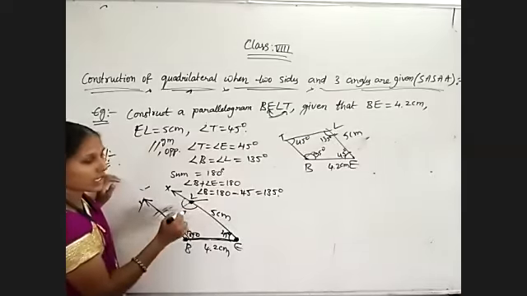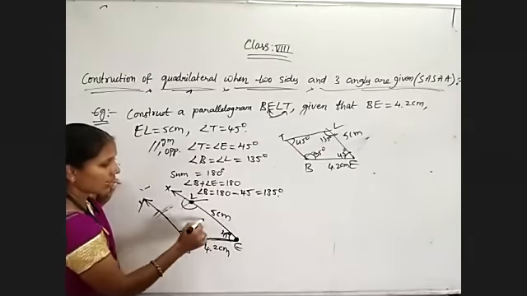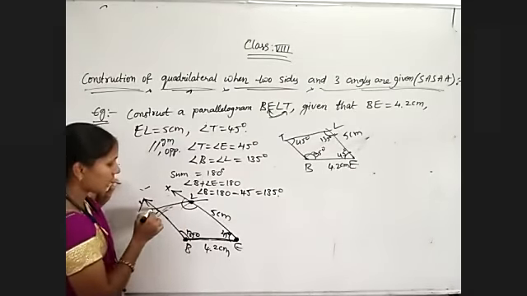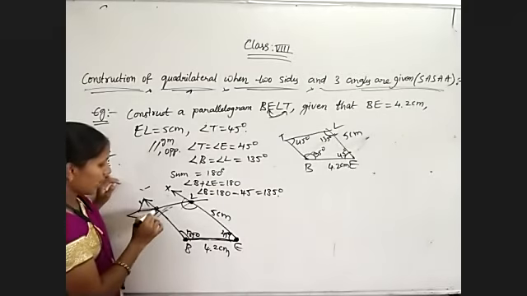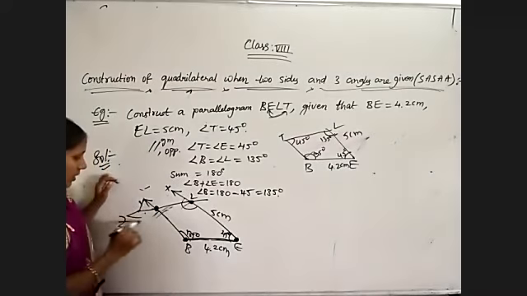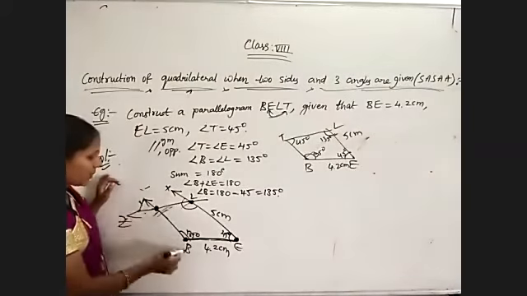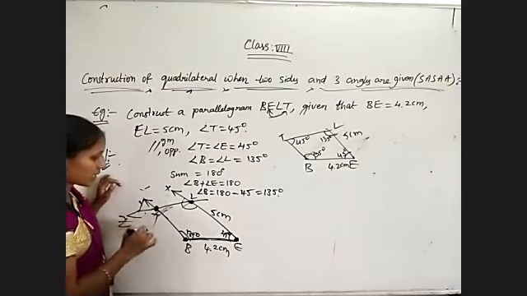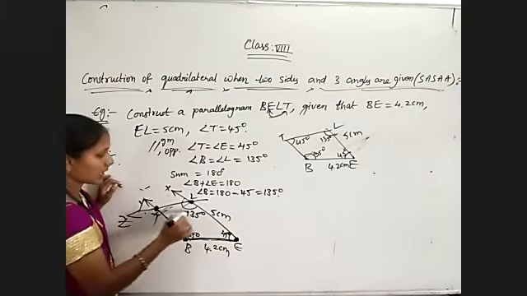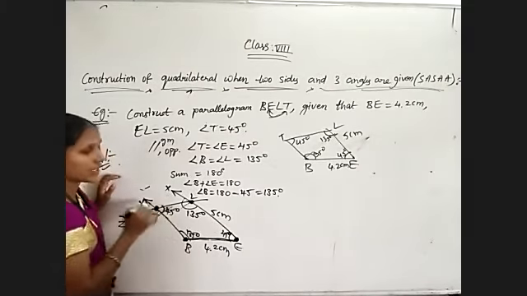When I am placing it here, observe it is on the left side. So like this I will get the point. And wherever these two rays, LZ and BY, are meeting, locate that point as T. Now angle L is equal to 135 degrees, angle T is equal to 45 degrees.